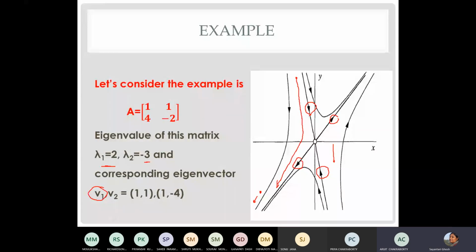Yes, ma'am. Good. Very good. So try to understand this, because solving the problem is very simple, since here you just have to figure out your eigenvalue and eigenvector. But the rest of it, figuring out whether it is a saddle or a node or what kind of stability or instability is there, you need a complete understanding of this phase space.